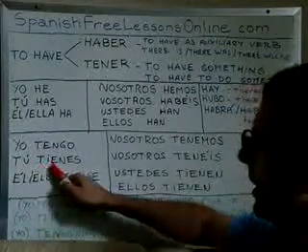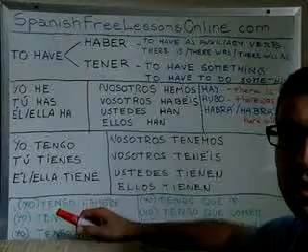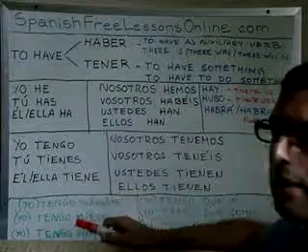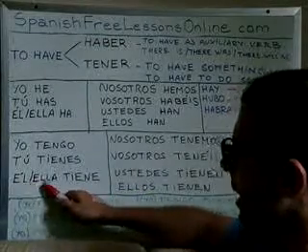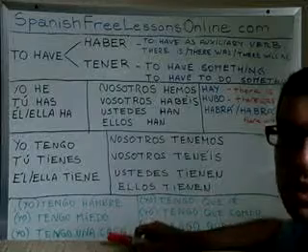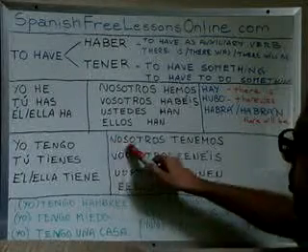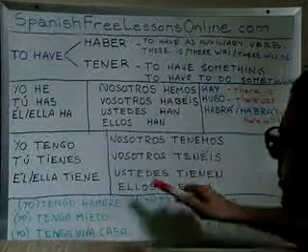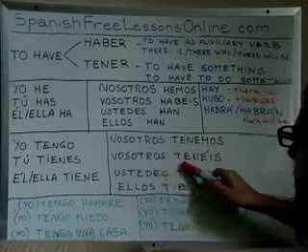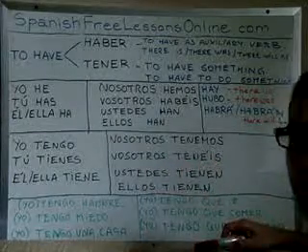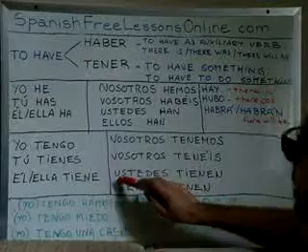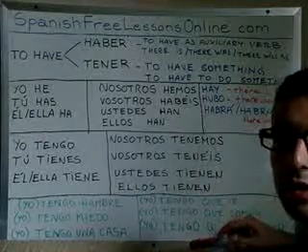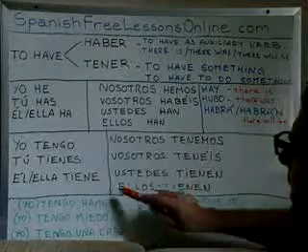Tú tienes. You have. Él tiene. He has. Or ella tiene. She has. Nosotros tenemos. We have. Vosotros tenéis. You have, plural. Ustedes tienen. That's also you, plural. Ellos